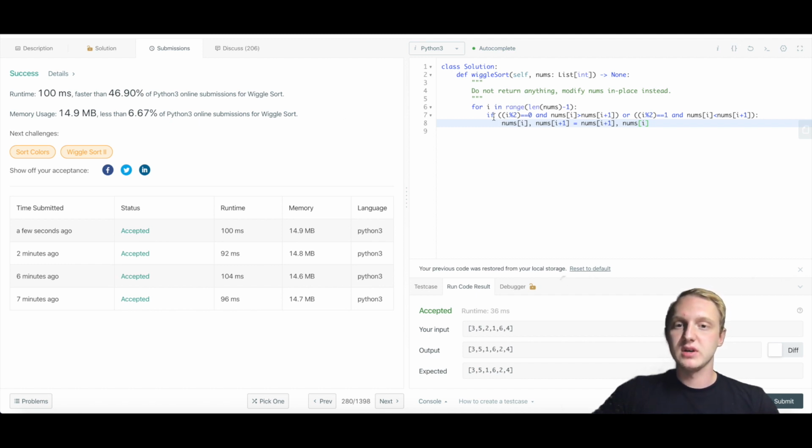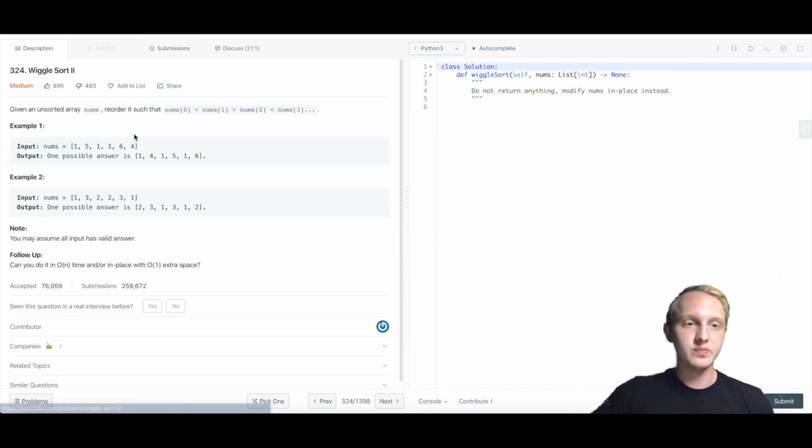This would be the most optimal way to solve this problem. But as I promised, we're going to look at two versions of this problem, and the next one is going to be Wiggle Sort 2. Let's look at this problem. Given an unsorted array nums, reorder it such that nums[0] is strictly less than nums[1], and nums[1] is strictly more than nums[2], and so on. We have a couple examples,